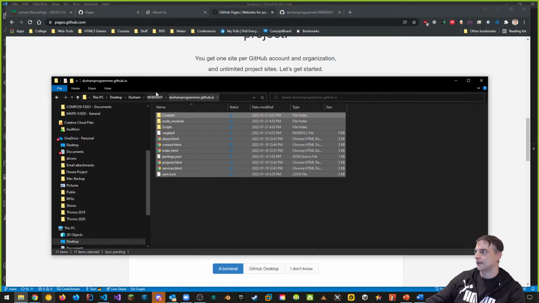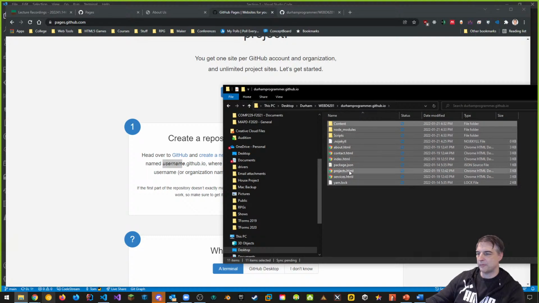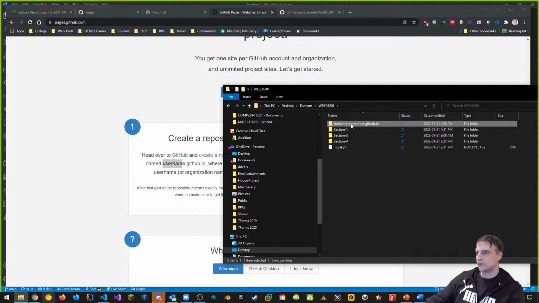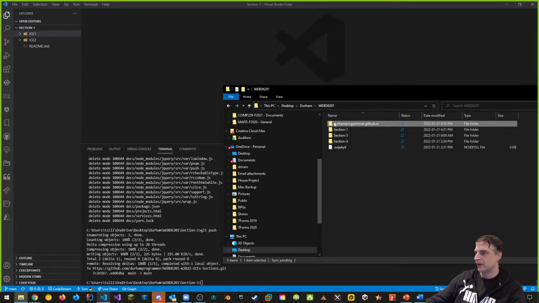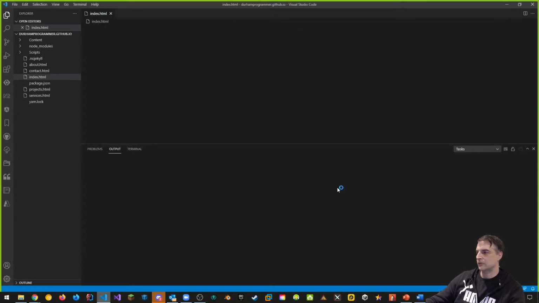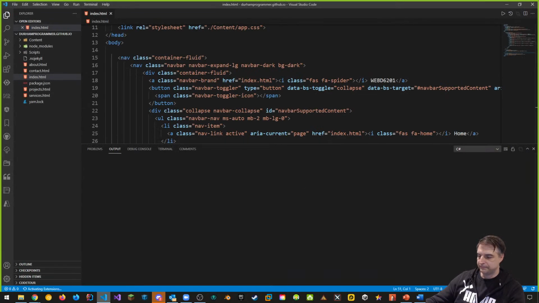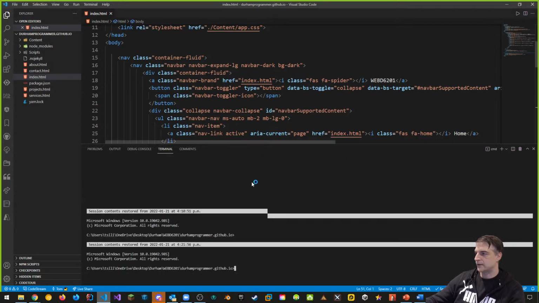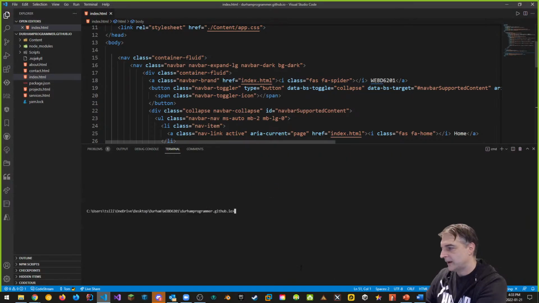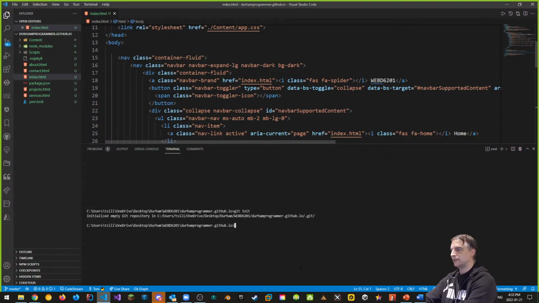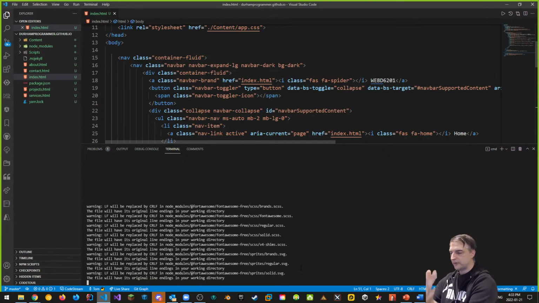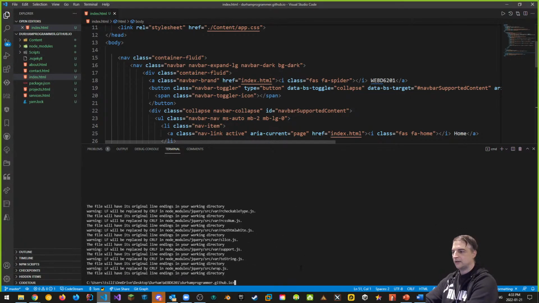Now follow the process. I've copied my files from in-class exercise 2. I'm going to go to Durham Programmer. I'm going to bring up my Visual Studio Code. I'm going to drag and drop from durhamprogrammer.github.io. In your case, it'd be whatever your account name is, .github.io, into Visual Studio Code, right? And once that's done, I'm going to do this normal stuff, git init. I'm initializing a new repository in this folder. Git add dot. It's a separate project altogether, right? Git commit -m initial commit,